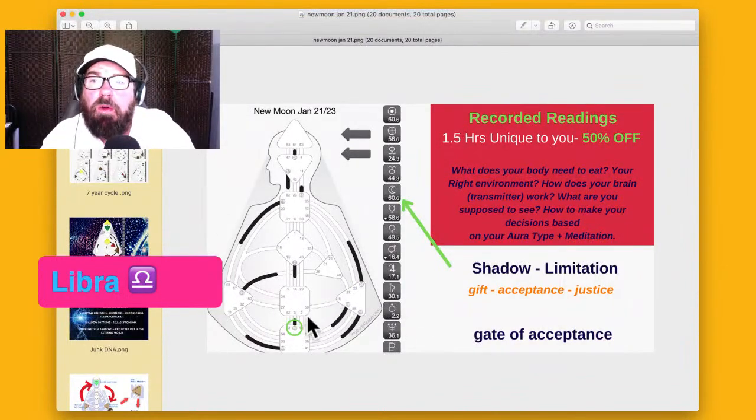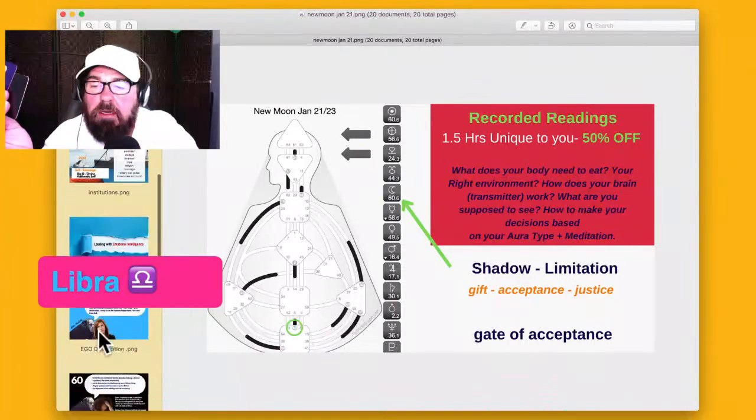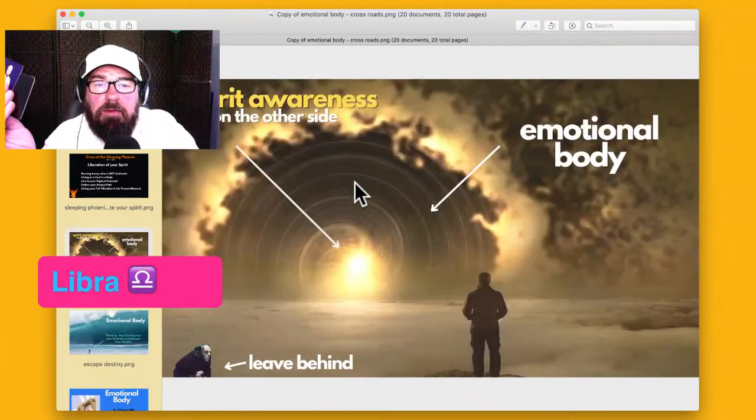Accepting that, oh, I have this dynamic, I have this wounding, I have this karma, maybe I've inherited from my mother, right? Of not being able to soften, not being able to be vulnerable, because I always had to be on my game, right? Didn't really trust my partner with the male energy, right? To accept it. I'm accepting this limitation that I have. And then this transcendence will start to happen, right? Then you create a structure where you can go through that, right? You can go to the other side.